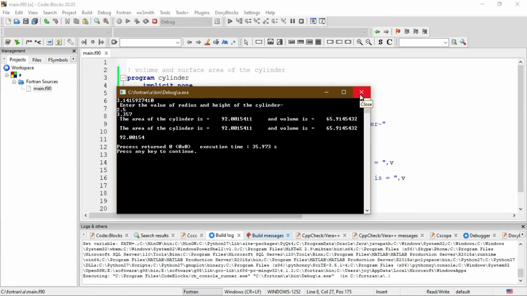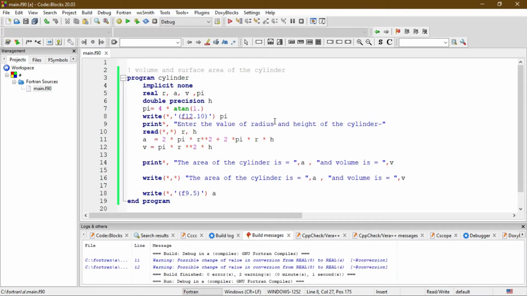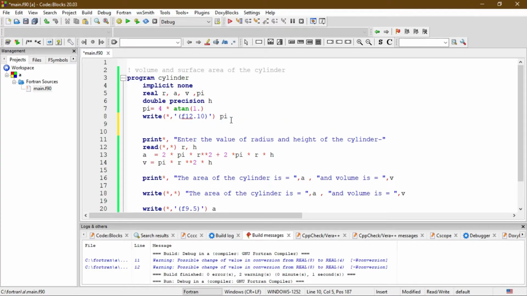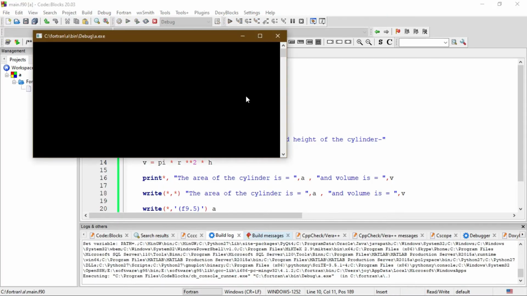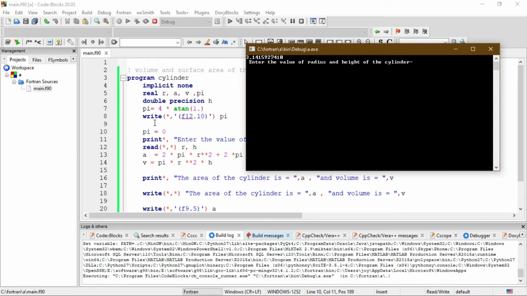Now let's see what will happen if we assign another value to pi after this assignment. Let's define pi equal to 0, build and run it. It prints the value of pi.